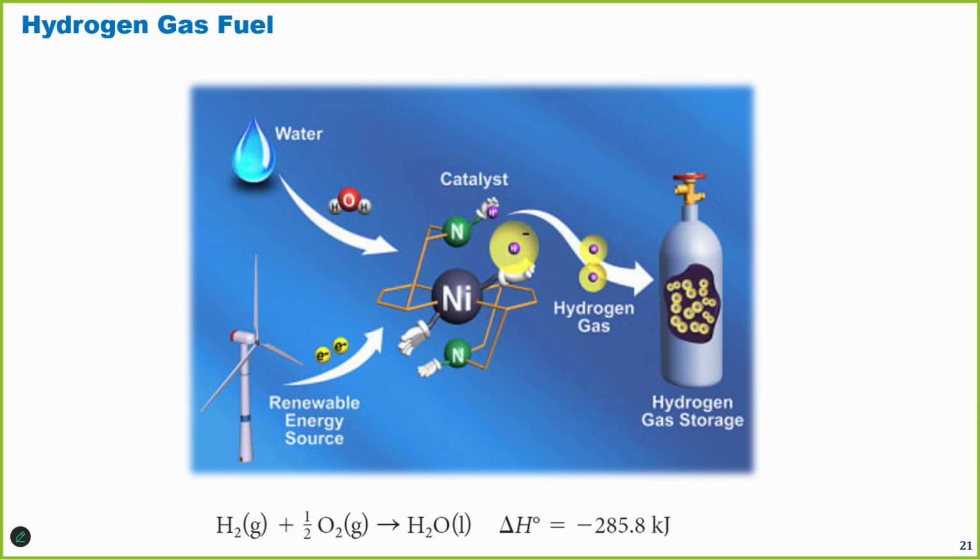Electrolysis breaks a bond in water molecules, forming hydrogen gas and oxygen gas. The quantity of energy required to form 1 mole of hydrogen gas by electrolysis of water is negative 285 kilojoules, the same amount released by the combustion of 1 mole of hydrogen gas. Hence, with respect to sustainable energy production, we are not ahead. We put in as much energy to produce hydrogen gas as we extract when we combust hydrogen